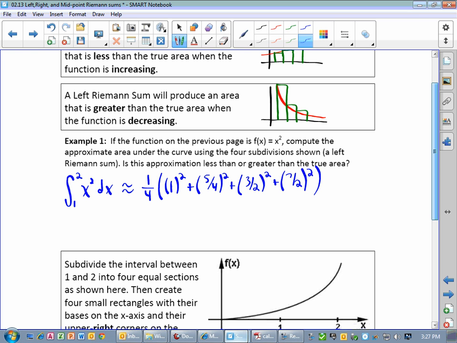Okay. Now, because this is a squared function, there's nothing weird about it. What we're about to do is going to seem like, what's the point? But imagine that this were not just x squared. Imagine it were 3x squared plus 17x minus 2, right? Then doing this would be not quite as straightforward. You just have 3 times 1 squared plus 17 times 1, right? So you might just leave it as f of 1, f of 5/4, f of 3/2, and so on. And on your calculator